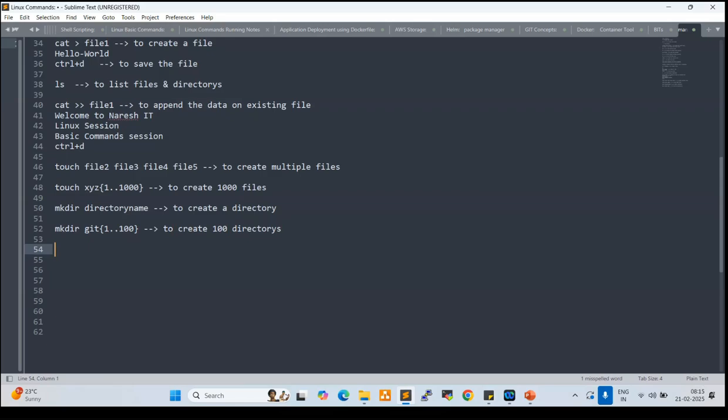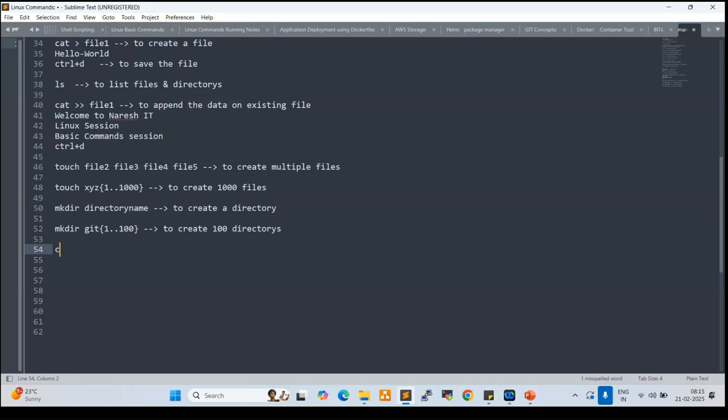Next command. If you want to copy a file into a directory, how can we copy the file? The command here is cp. cp is the command. cd is different.